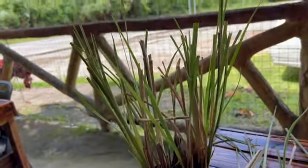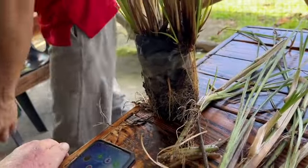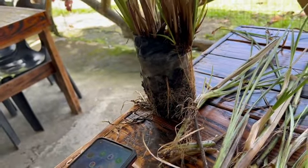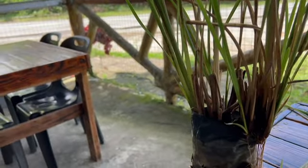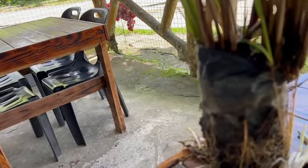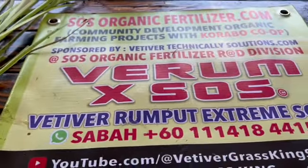Now, one of the terms and conditions, which is a fantastic one for him, is that he must fertilise with our fertiliser, SOS. So it has to be fertilised with our SOS, which means there's no charge to it. There's no cost to the fertiliser, because we want them to grow fast, big and healthy, and the faster they grow, the more they anchor down, the more they nail the earth, and the more they become extremely valuable for his landslide